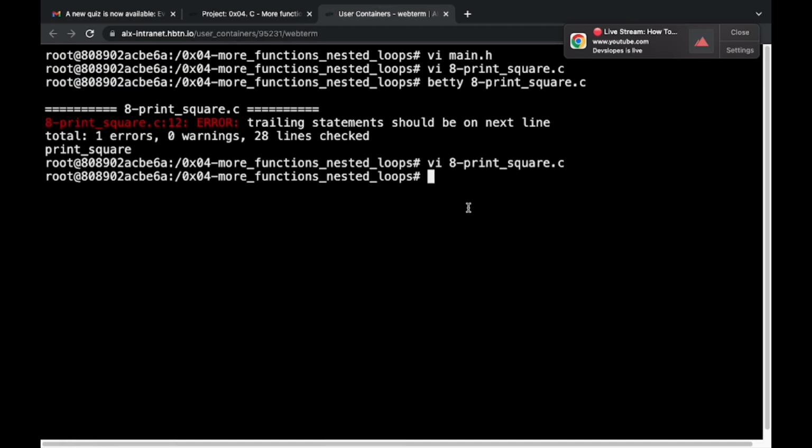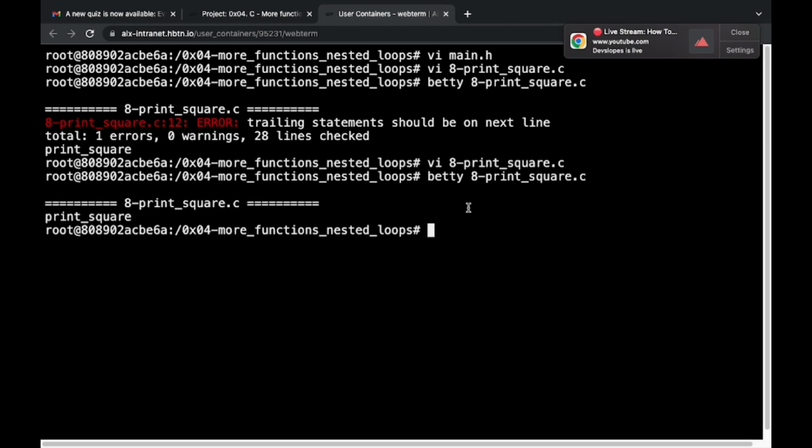Yeah, so trailing statements should be on the next line. So we're breaking it as well. So now let's tell Betty to check again if we are okay. Betty, the best friend, has confirmed that we are indeed going in the right direction. So ladies and gentlemen, welcome once again to